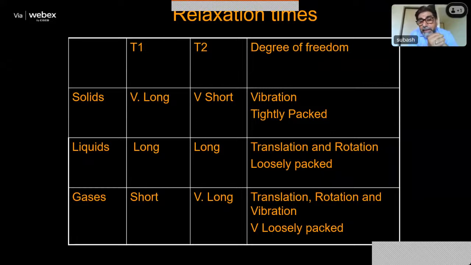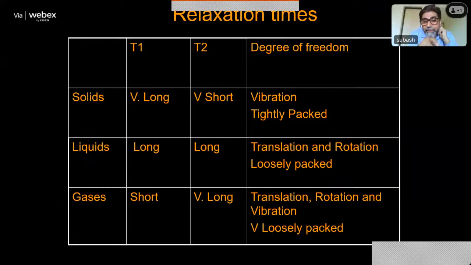So there is a beauty that in MRI you don't see a signal from the bone. You don't see a bone artifact in MRI images because bones are solids and have very short T2 relaxation time, and they decay so fast that it is difficult to pick up the signal in such a short